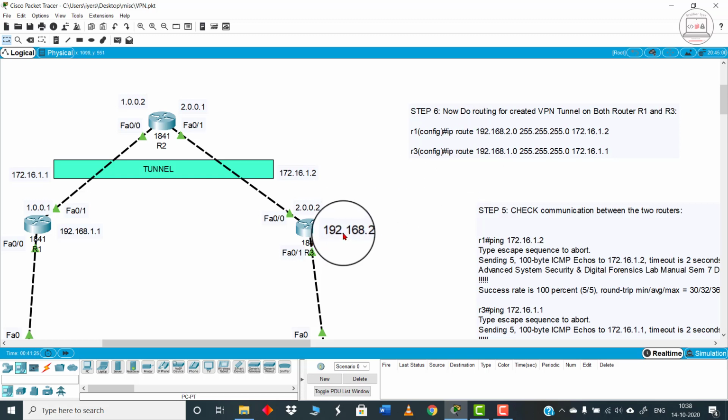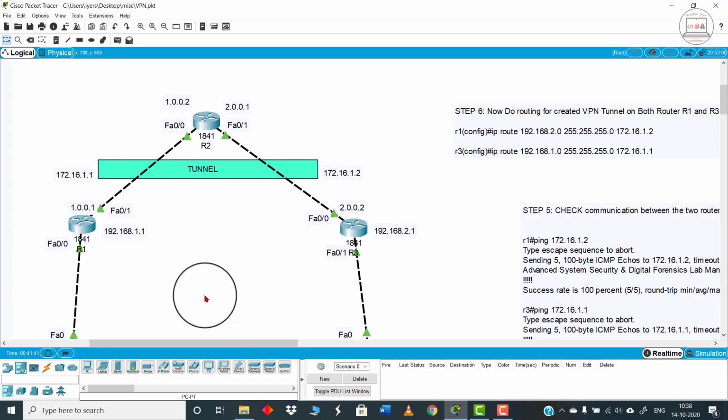In a similar fashion, router R3 should be configured as IP route 192.168.1.0, reattached, or I can say reassigned to 172.16.1.1. So in short, whatever communication was happening on that 192 network will now happen through